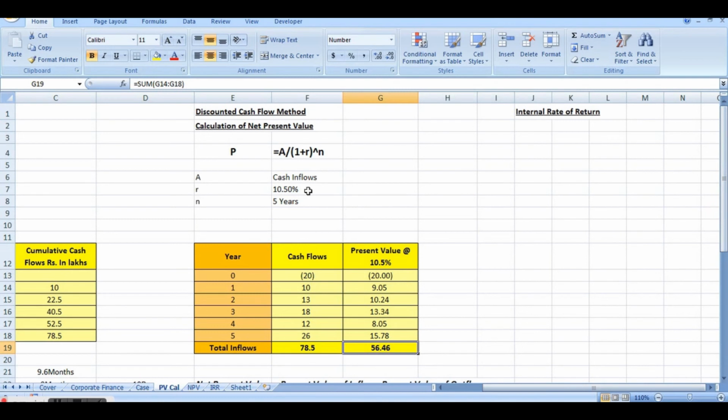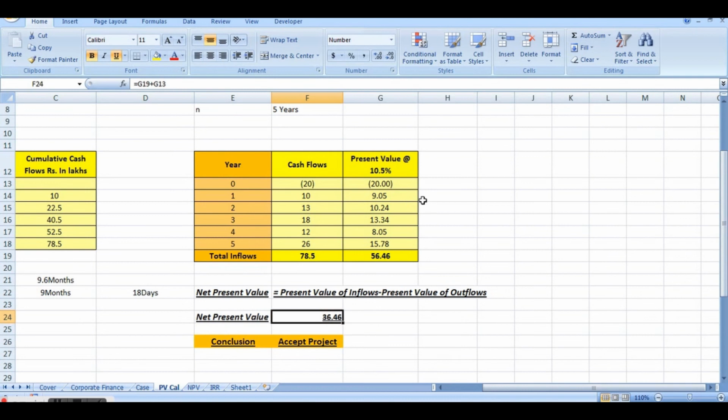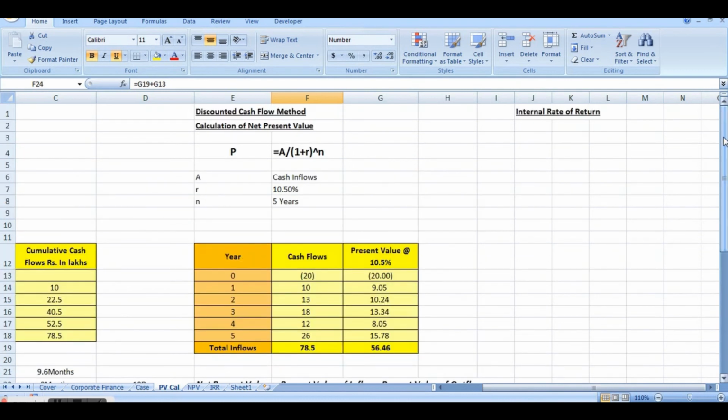The reason for learning this was because we are going to use this concept in our next method, internal rate of return. Now what is internal rate of return? It is the rate of return at which this NPV, not the present value of inflows, this NPV becomes 0. Meaning how much the organization should earn minimum to make it 0. That is what is internal rate of return, and that is also called the break-even rate of return for the organization,